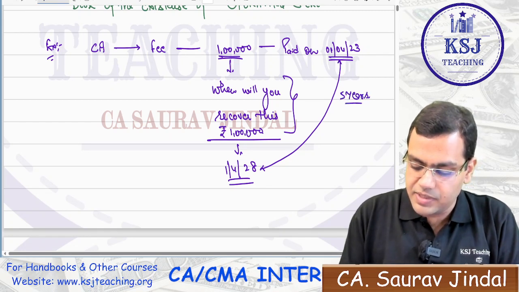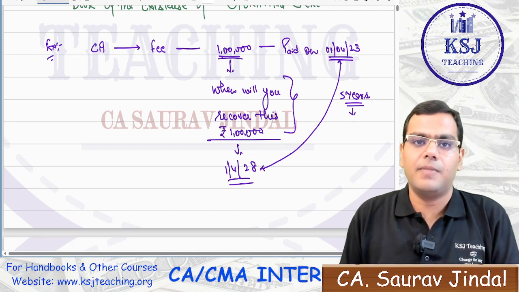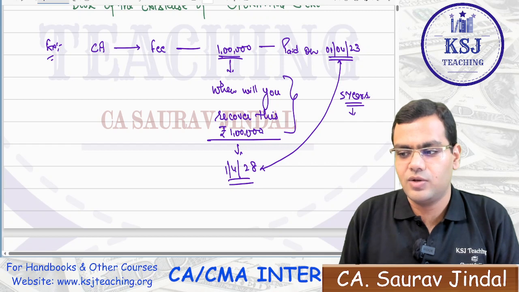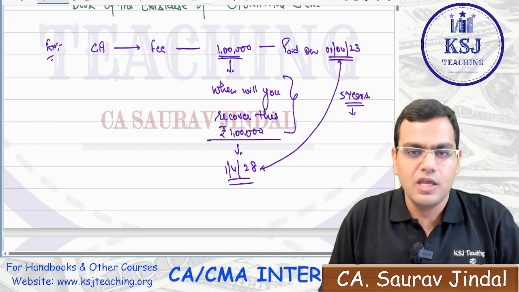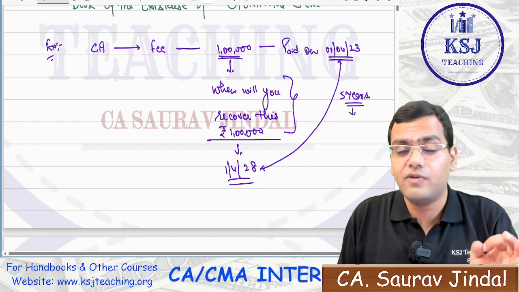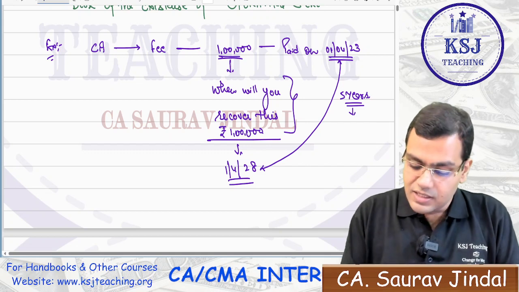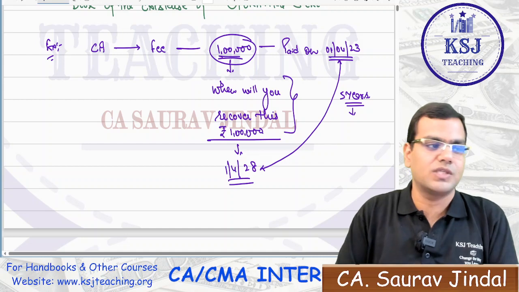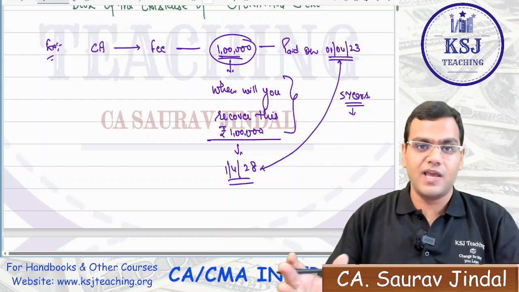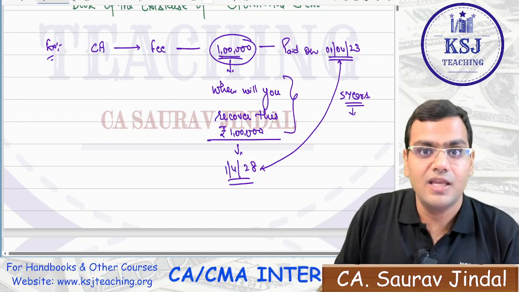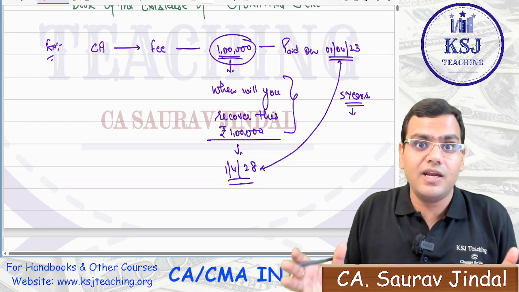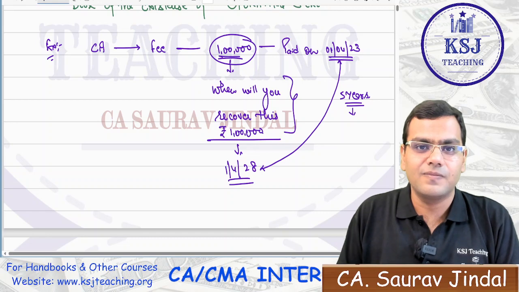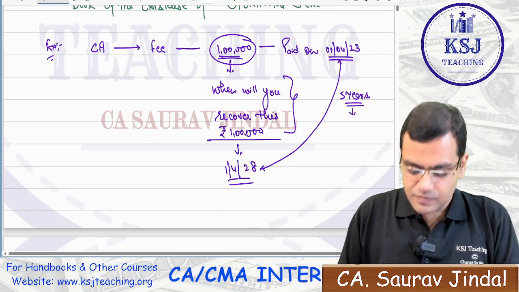Sir, during this period of 5 years, do you need money for meeting your day-to-day expenses? Isn't it? During this 5 years, obviously, sir, you will require money for meeting the day-to-day expenses. This 1 lakh rupees was there in your account. You have invested that 1 lakh rupees in the course. Then what will you do during the 5 years? Are you going to stay hungry during the 5 years? Sir, we are really dedicated for this course. We will stay hungry. That's totally fine. Is it so? Or no?